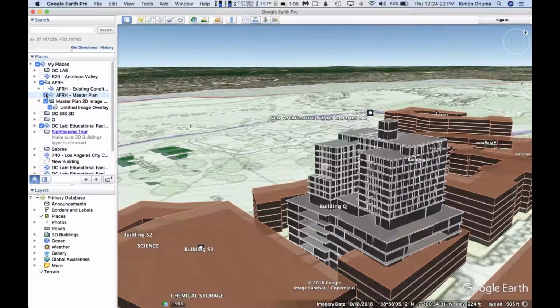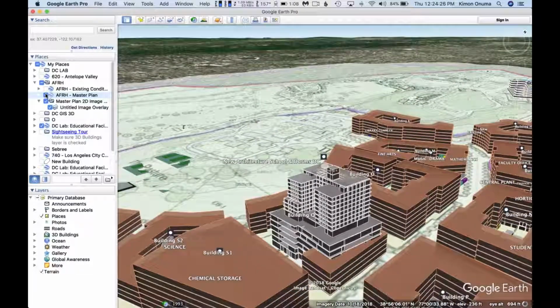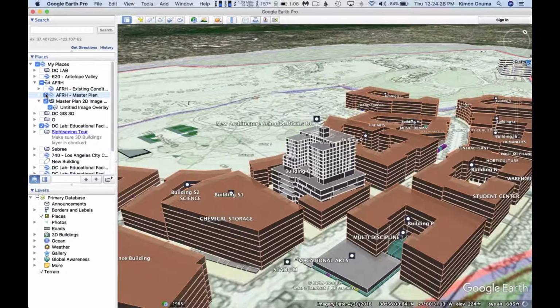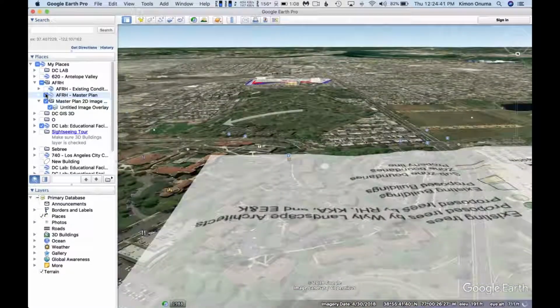But that's one of the visualizations that if a developer comes along and says, can I build there? If you have the maximum massing of the buildings there, then you can start seeing how it works. And I know that these view corridors are really important there because you have a great view from the hill down to the center of Washington, D.C. In fact, there's an axis there that goes all the way back.